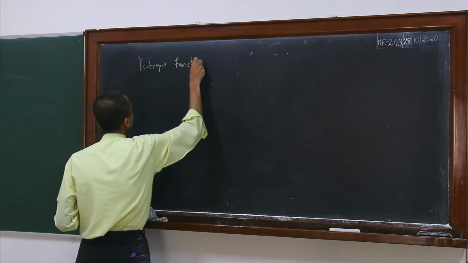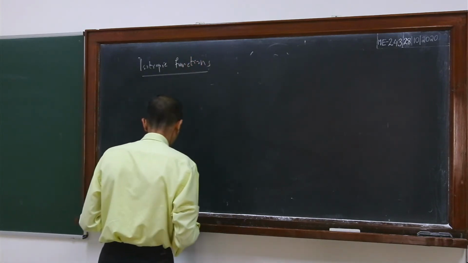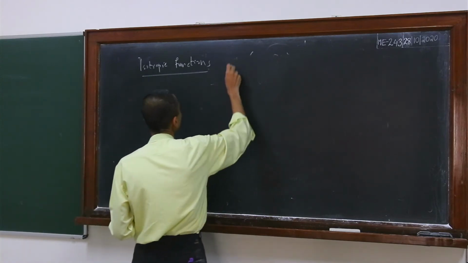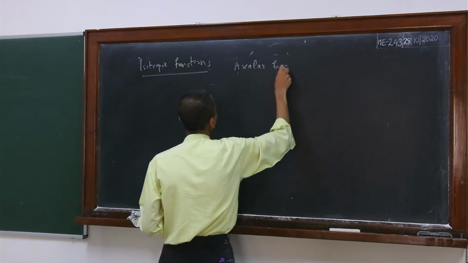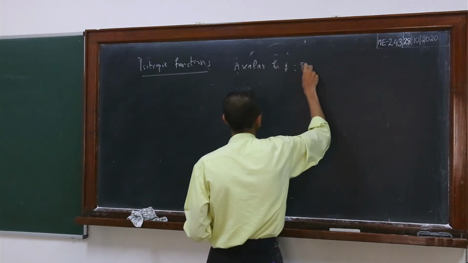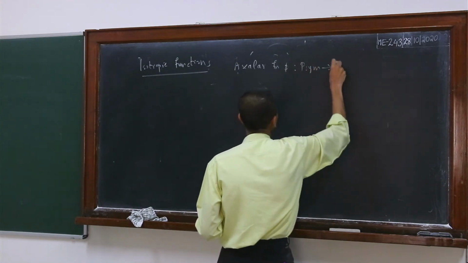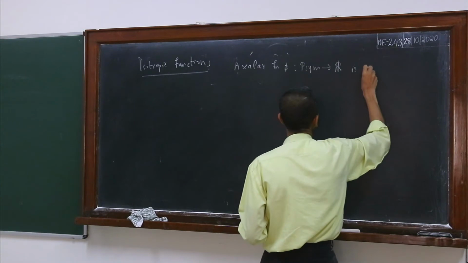A scalar function phi from P sym to R is an isotropic function